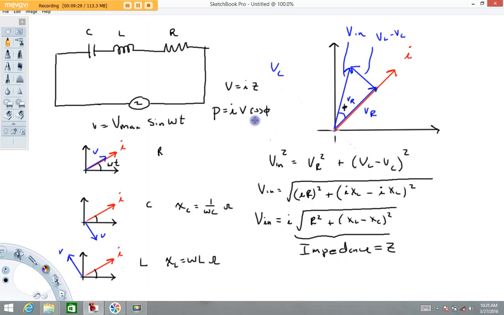A quick mechanical analog would be this. If you imagine an object moving back and forth like this, if you apply a force when it's moving to the right, the amplitude of motion will increase. Whenever your force is applied in the direction of motion, the amplitude of motion will increase. If you apply the force when the velocity is this way, you'll decrease the amplitude of motion.